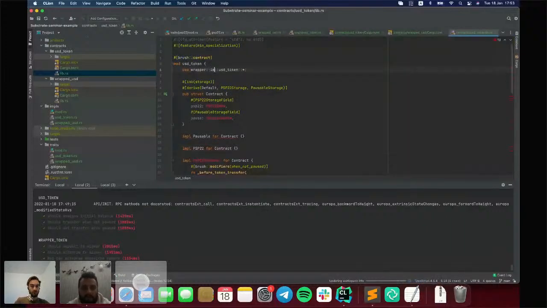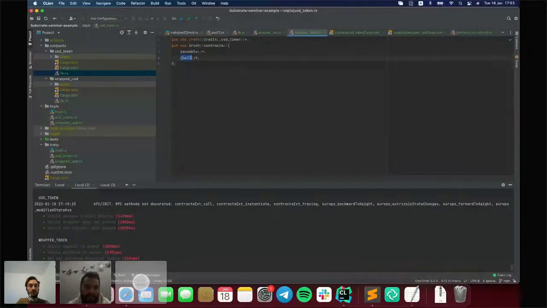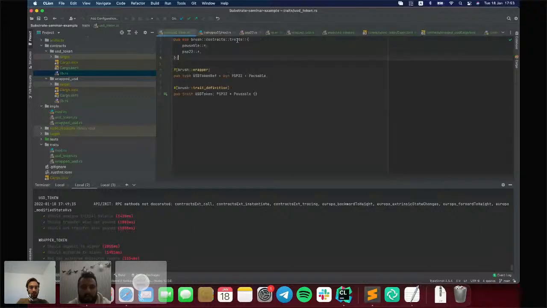So the impls mod of USD token now imports the default implementation for PSP22 and Pausable, and also it imports the USD token trait definition and the USD token ref wrapper definition.